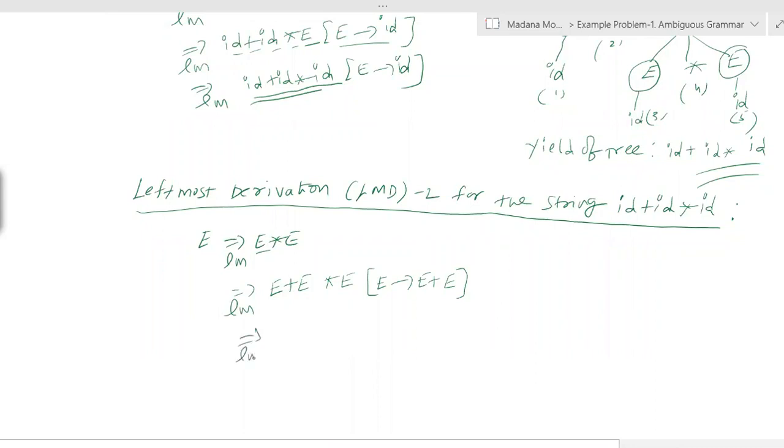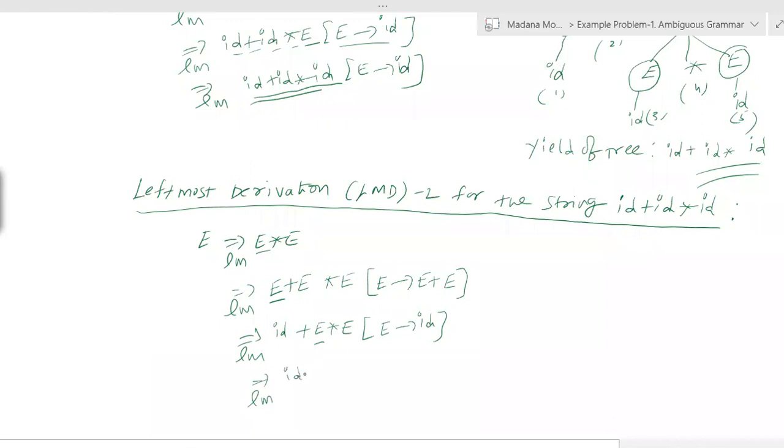Now what you have to do: all E's from left to right you can replace by the terminal production, that is E derives id. First the leftmost E is replaced by id. Why? Because here we are using leftmost derivation. Now E by id, the remaining stays as it is. In one step, only one substitution is allowed. Here the production we used is E derives id. Next, again two variables are there, E into E. So the leftmost E is replaced first. Why? Because here we are using leftmost derivation.